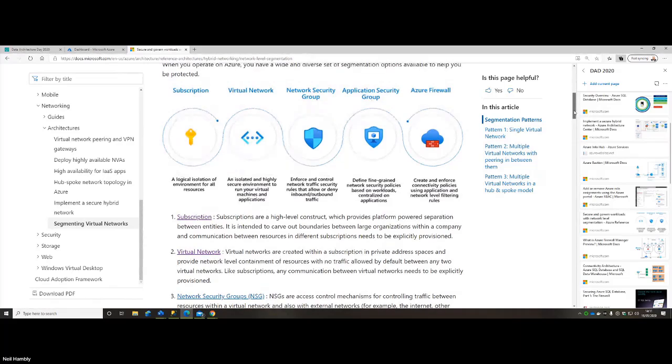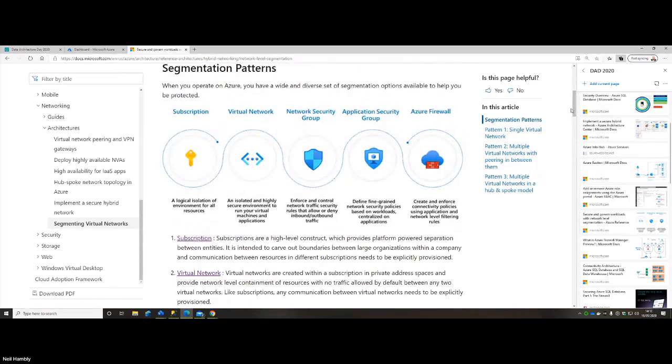First off, what we want to do is segment the controls of security in our environment. At the very top tier, we're going to be looking at subscription levels. That is who's paying for the service, but essentially we're also using it to say it's in a specific tenant, and that tenant belongs to a certain organization.